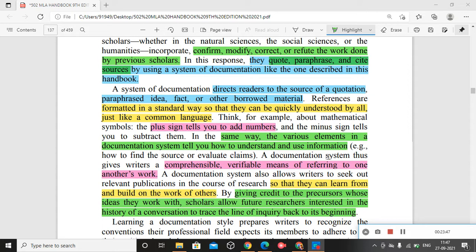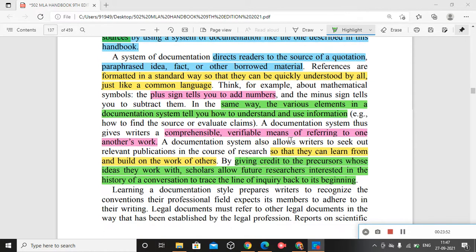Now, this documentation system makes things comprehensible, verifiable, and a means of referring to one another's work. It makes it very smooth to identify the facts. That kind of system allows writers to seek the relevant publications in the course of research, which are the resources that a researcher has used, and all such details can be taken from that, so that they can learn from and build on the work of others.